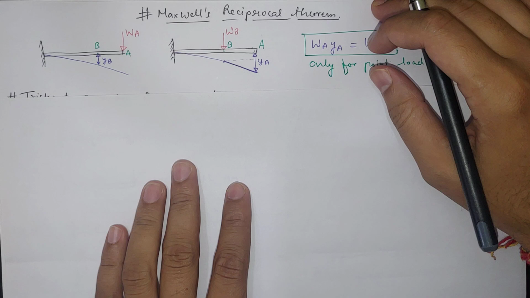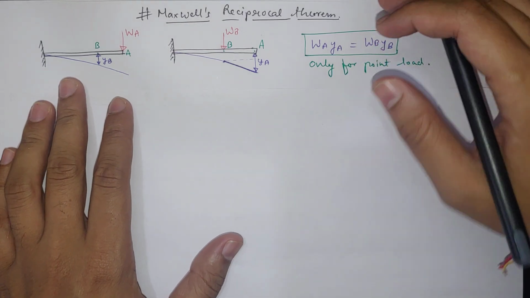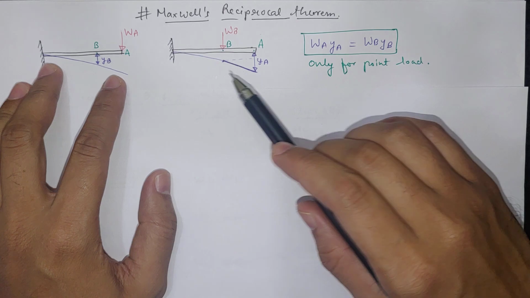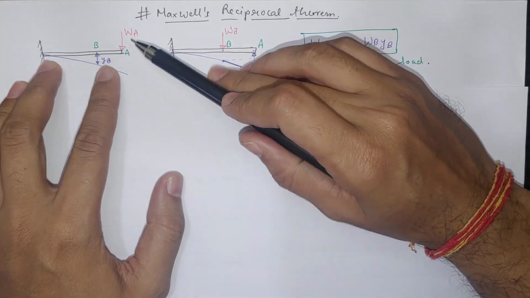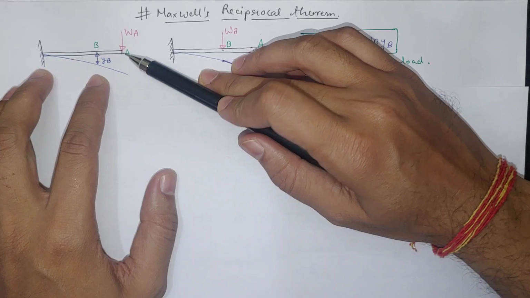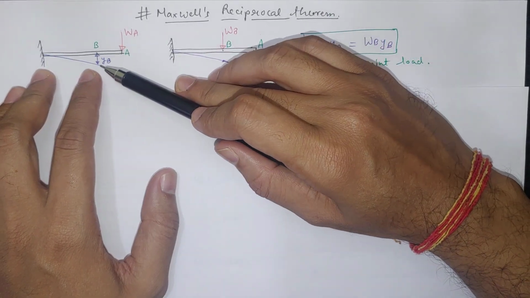So in this video we are going to see Maxwell's reciprocal theorem. So we see I have drawn two cantilever beams and shown the deflection. We have two points A and B. We are applying load WA at point A, and in this particular problem we are getting deflection at point B